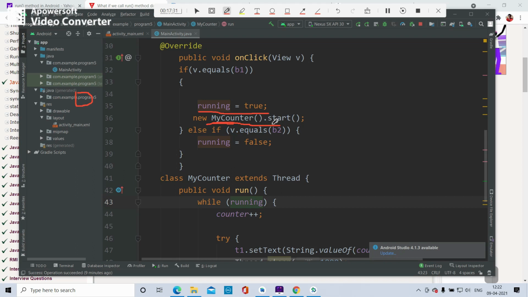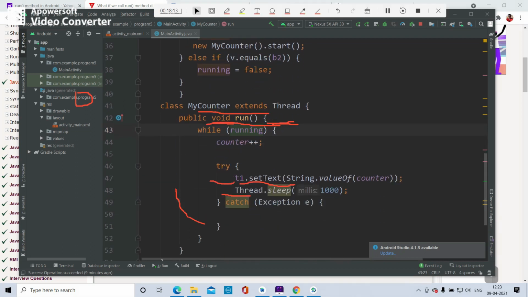The start method is not defined, no need to define it, because MyCounter is a class that you have created, and it extends Thread, therefore the MyCounter class can use the start method of the Thread. During execution of the start method of the thread, the run will be executed, and during the execution of the run method, once again the counter increments and displays that counter value